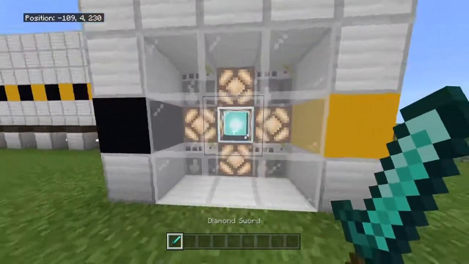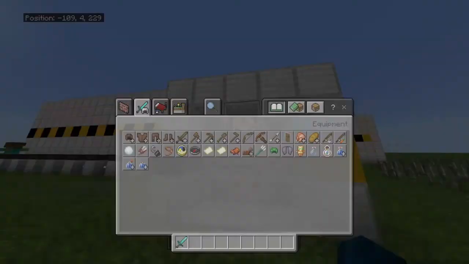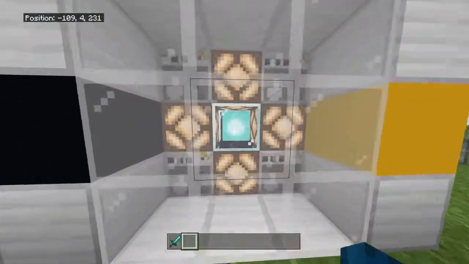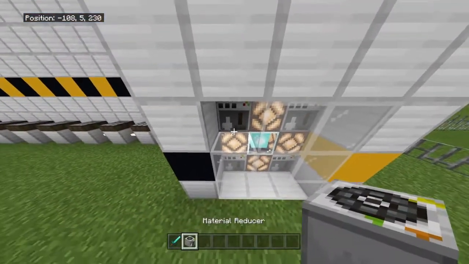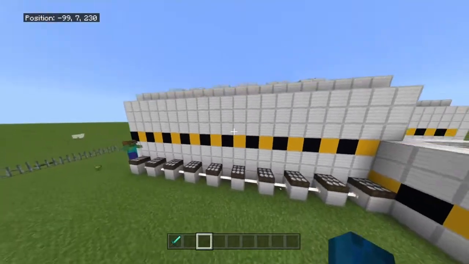And let's move on. So the glass right here is white stained glass with an iron block coating, and then there's redstone blocks behind it with a beacon, and then these are, I will show you what these are. These are material reducers of the Education Edition. So now let's move on